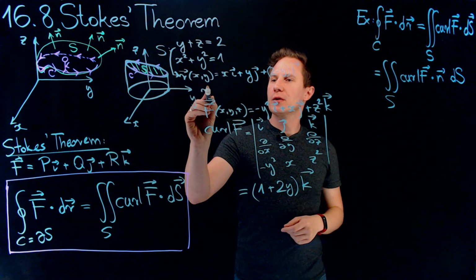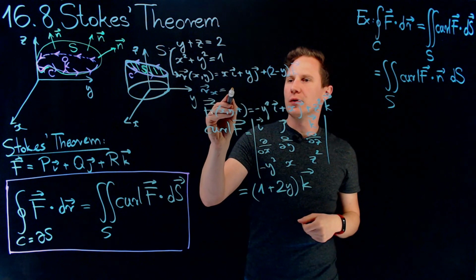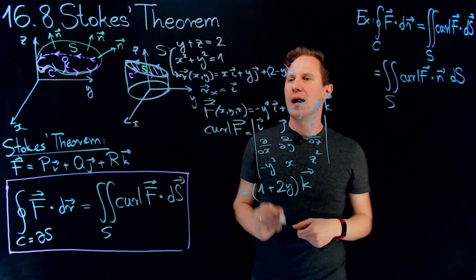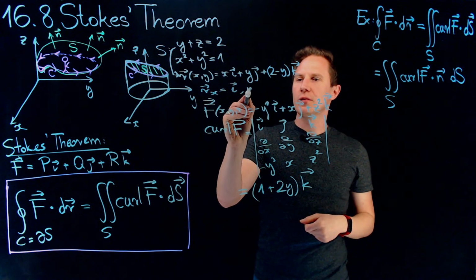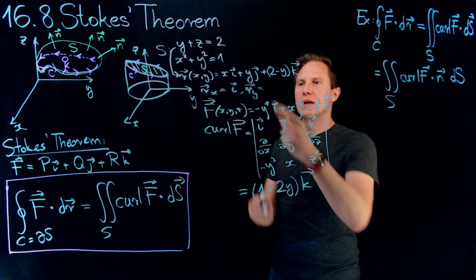Differentiating this vector function with respect to x and y will give us, for the x derivative, i. For the y derivative, so r sub y, we will obtain j